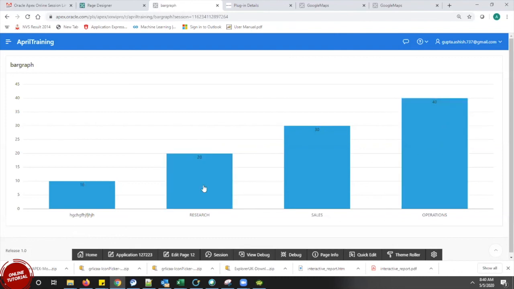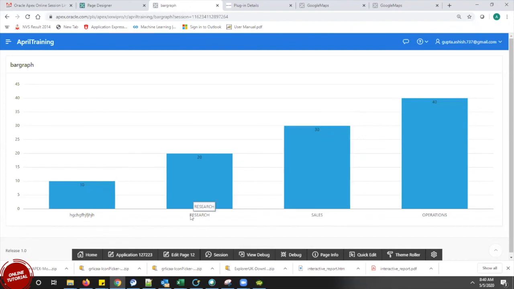So this is what the bar graph is about. It just came up with the values, and I have my sales and research teams over here. My operations department number was 40, so it came up to the top. In sales, I have department number 30, so it came here.